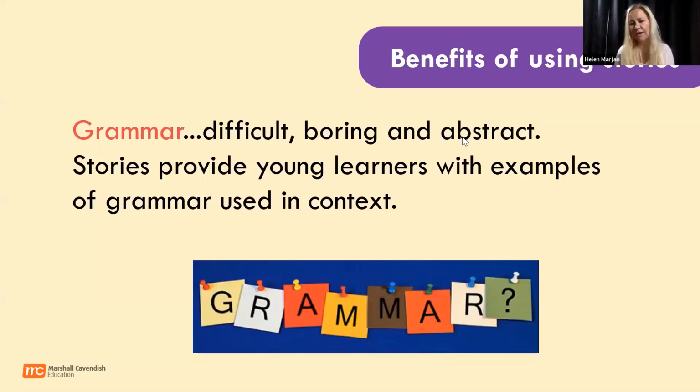If you think of a 4-year-old or a 6-year-old and you're trying to teach them past tense, it's a very abstract concept. And we know from research that children of that age can only really learn concrete things that they can relate to. They're not ready to learn abstract concepts between 4 to 7-year-olds. So we need to have things that are very concrete for them so that they can understand them. And grammar is a difficult concept for young children, as well as being boring and abstract.